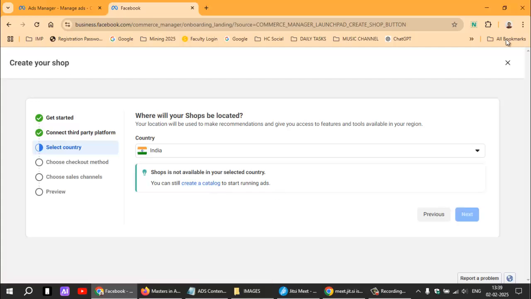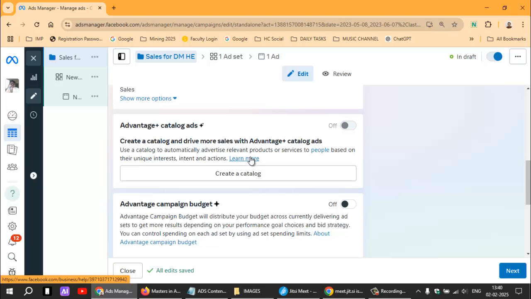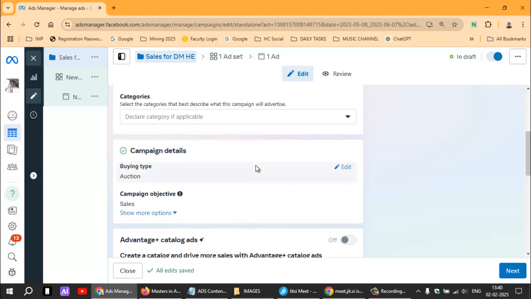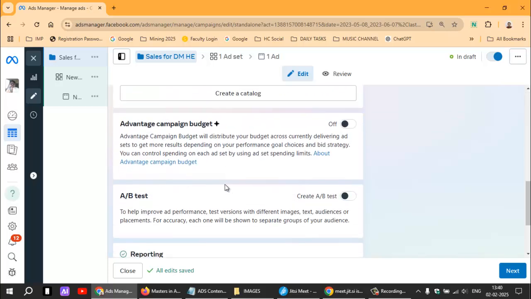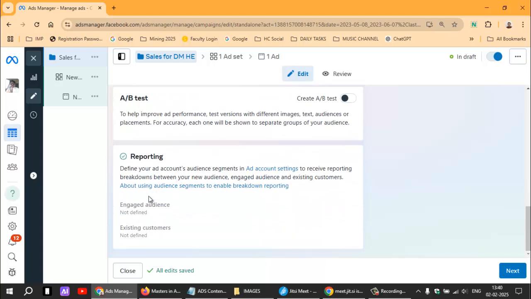You can still create a catalog to start running ads, but I'm not even able to do that as well. So I mean, I can just close this, and we can leave the catalog sales ad right now. We can select some other ad instead of catalog sales. Advantage campaign budget, we'll keep it off, and over here reporting, that's automated. I click on next,